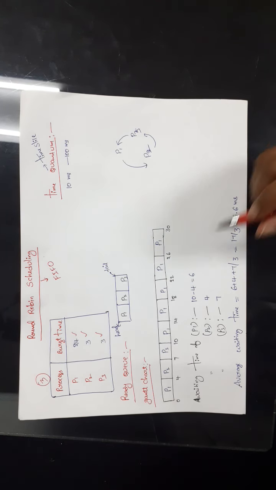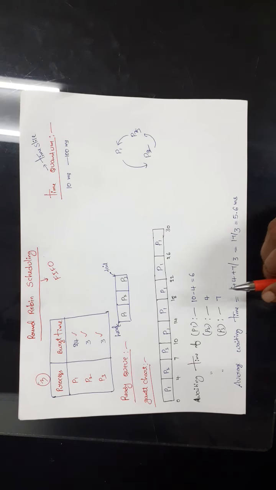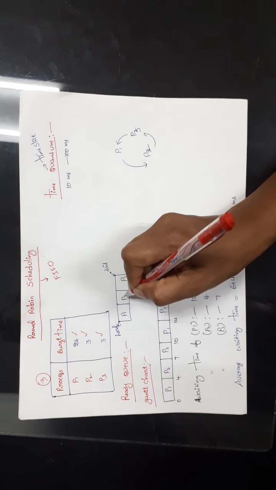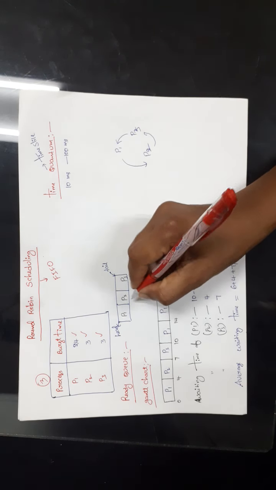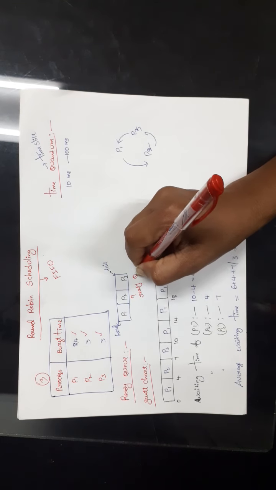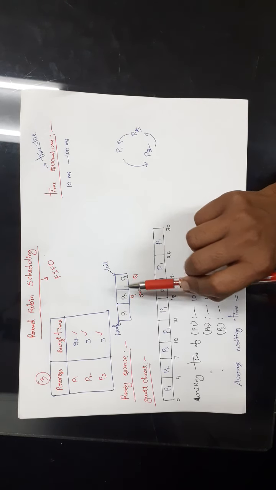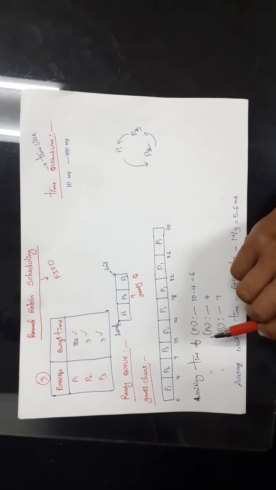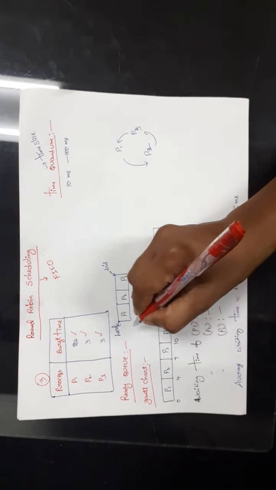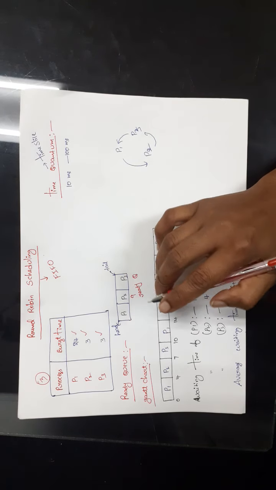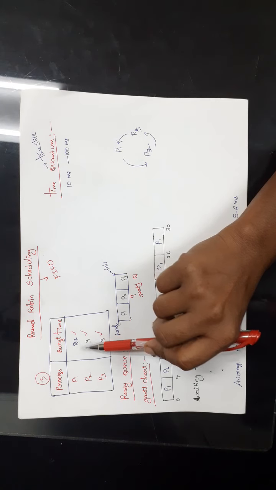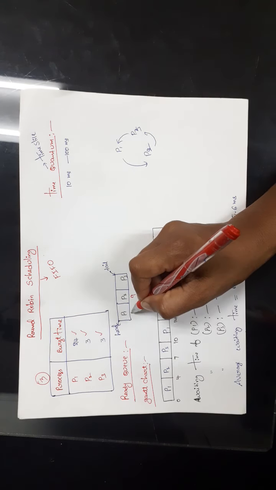So if you observe the first come first serve scheduling algorithm, let us assume that P1, P2, P3 are the processes and these have entered into the ready queue. Let us assume that this is the ready queue. That means these processes are now ready to execute, but they have not got the CPU till now. They are waiting for the CPU. Now in first come first serve, first P1 will get the chance.